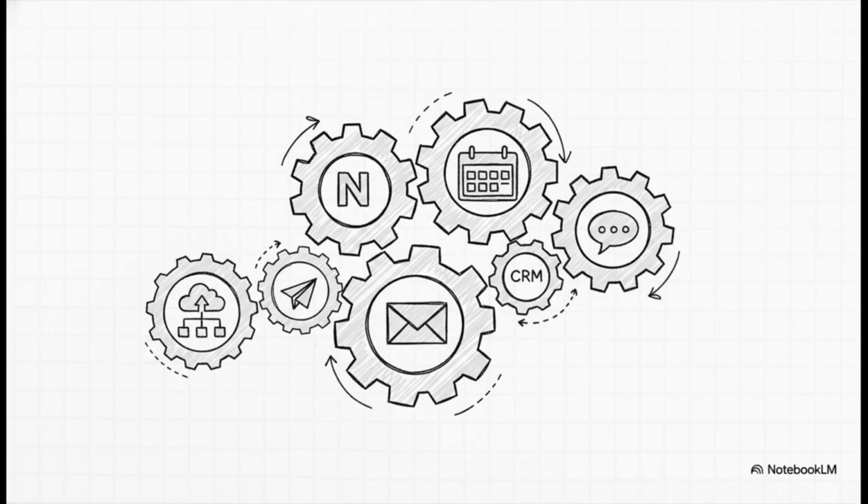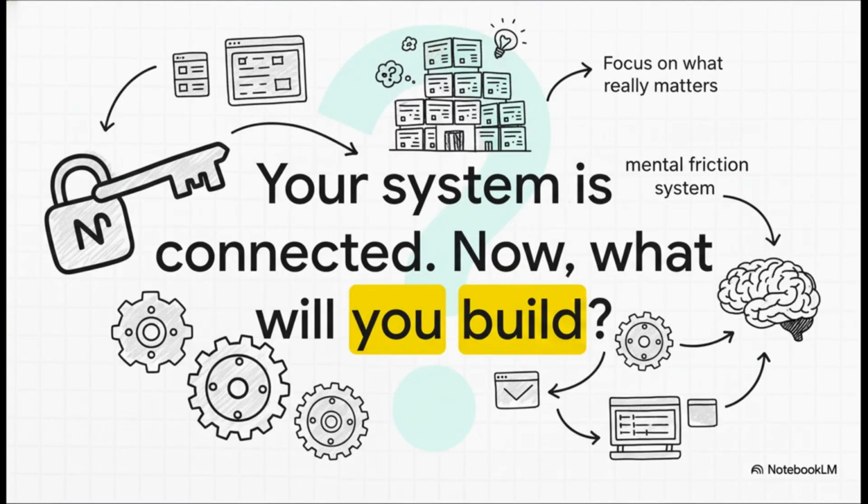And that's really the big takeaway, isn't it? The future of productivity isn't about finding that one perfect, magical app that does everything. It's about building a connected system of tools that all talk to each other and work for you. It's about creating a seamless workflow that's custom built for how you actually get things done. So, by unlocking the real power of Notion's API, you've basically been handed the keys to the kingdom. You can now build a system that's completely unique to you, a system that saves you time, cuts down on that mental clutter, and frees you up to focus on what actually matters. So the only question left is, what are you going to build?